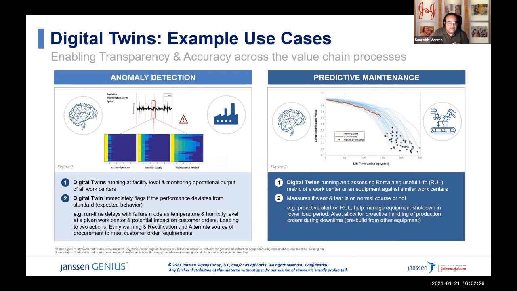Just for example, in the first use case, anomaly detection, on a workstation you take different parameters on which you can measure the performance of that workstation. Then you monitor those parameters and see what the normal performance is and how it blips, or if it deviates from the normal by plus or minus a few standard deviations. That's a trigger for you to take some action.